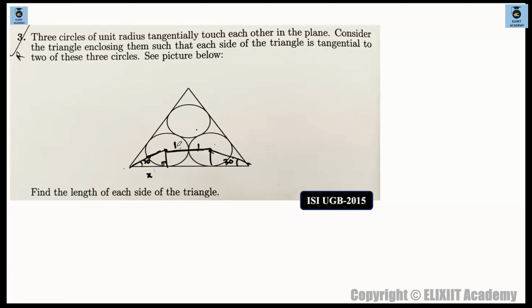ठीक है. अच्छा, 1 + 1 = 2, तो ये length भी 2 है, this length is also 2. ठीक है. बाकी x we can figure out. ये radius भी, ये radius क्या है, ये भी 1 है, ये 1 है. ठीक है. So complete length will be how much, complete length will be L, ये कुछ नाम दे दो इसको, L मान लो suppose, complete length L. देखो L will be, ये 1 है, ठीक है, ये x है,